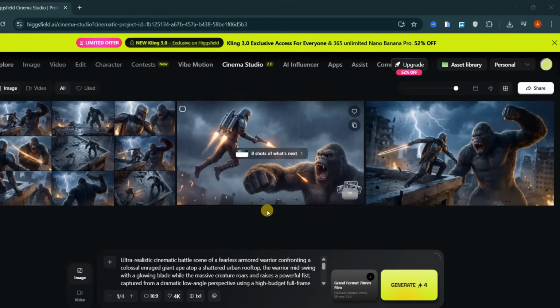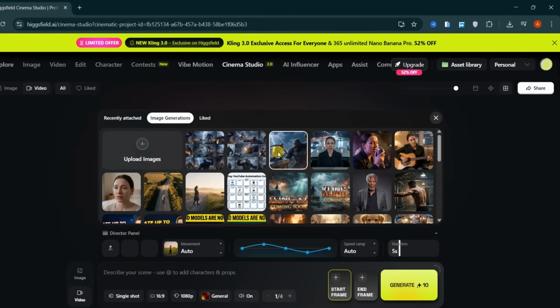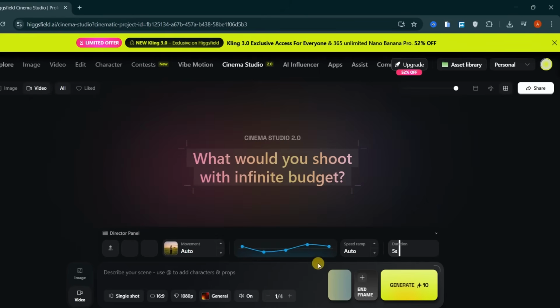It is time to convert our images into high-grade cinematic videos. Switch to video mode and add your image as the start frame. This becomes your hero frame, the visual anchor of the entire shot. Then paste a short motion prompt to guide the animation, for example: